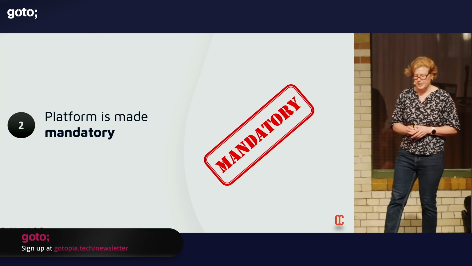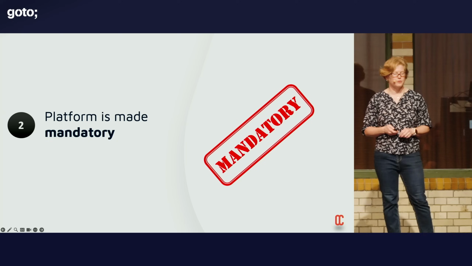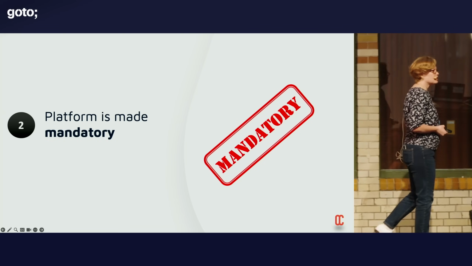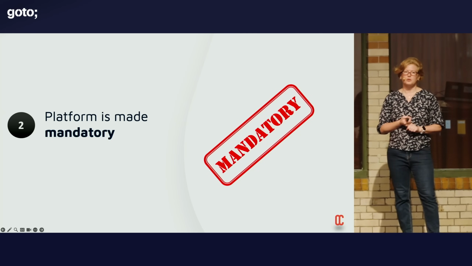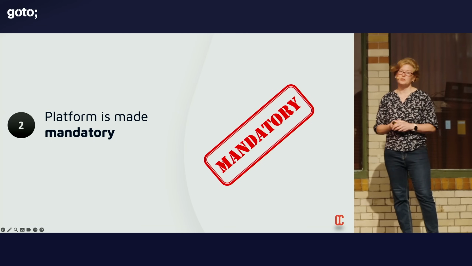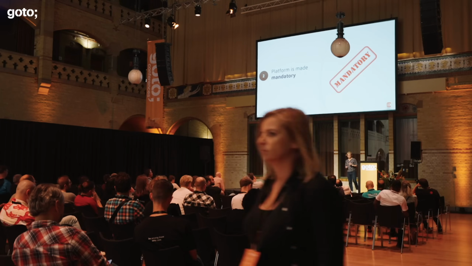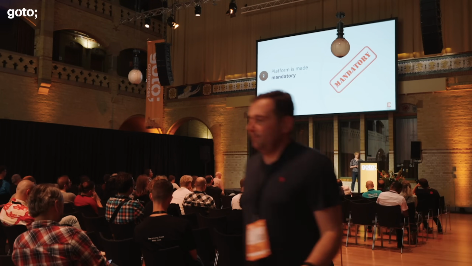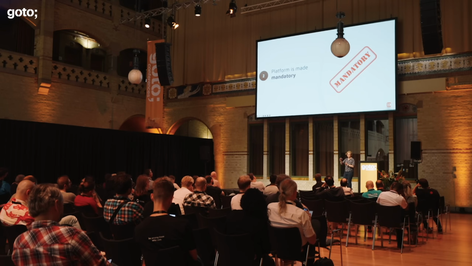The second one is that there's often an insistence that we should make the platform mandatory for everybody. Now, the challenge with this, if you think about it, is that nobody generally forces you to buy an Apple phone or to consume AWS services. You will generally do so because you believe that it's worth it. And product thinking understands this. It understands that there's inherent competition in the way things are done, and it gears its techniques to say, how can we build some feedback loops in to make sure that we can understand what is good and continually improve the product so that it gets better and more attractive to our users as a result.